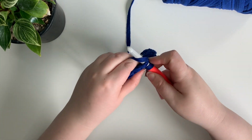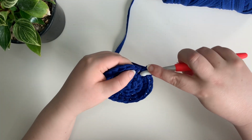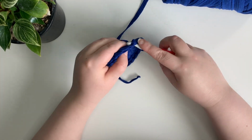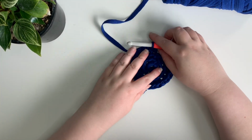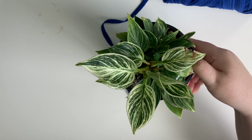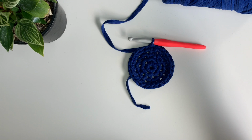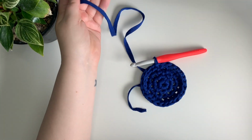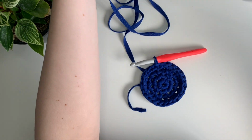And then 23, 24, slip stitch into the first stitch. Now as you can see, that is not big enough, so we need 1 more round there, and I reckon that'll be perfect. So we've done 2 single crochet and 2